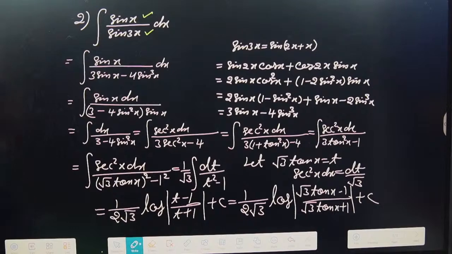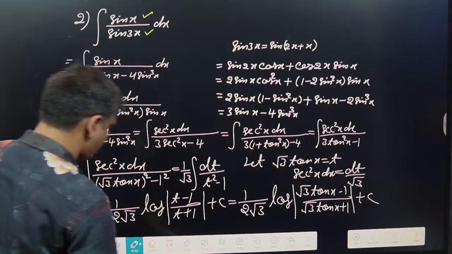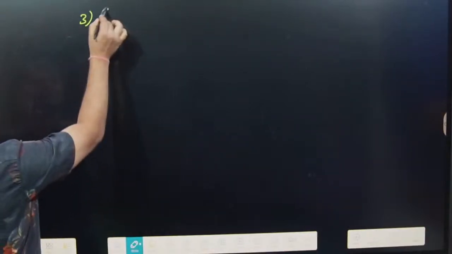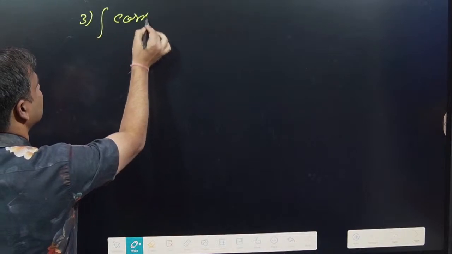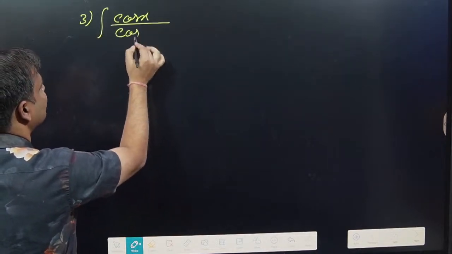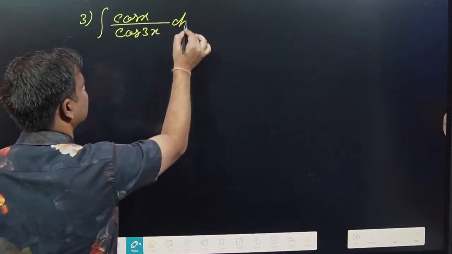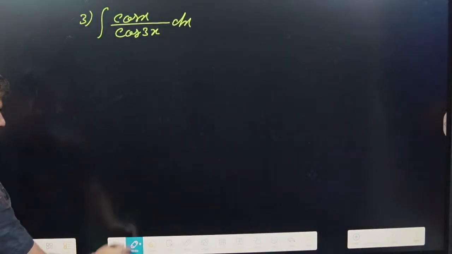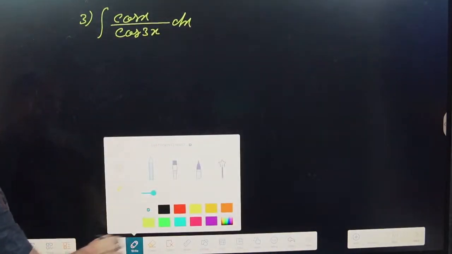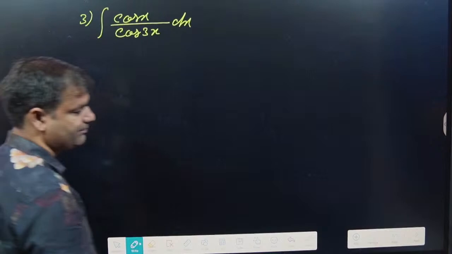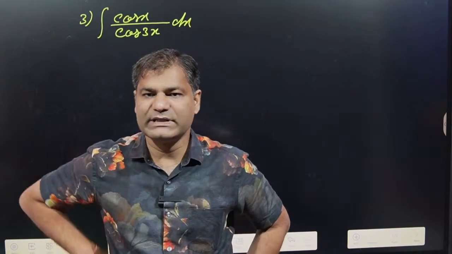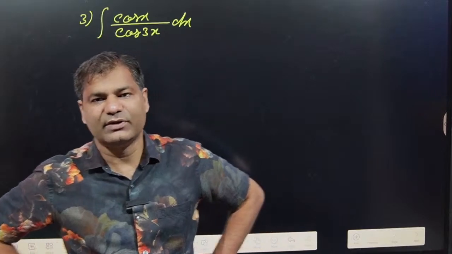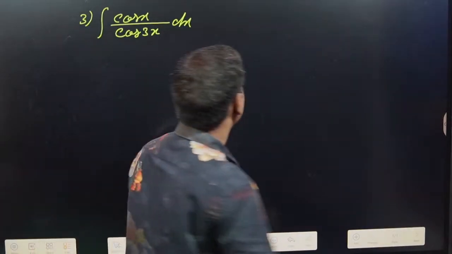Now I will take another problem. Integration of, suppose that here cos x divided by cos 3x dx is given. Then how can we solve this type of problem? Very simple. Cos x upon cos 3x. Once again, what about the cos 3x formula? If you don't know, then use